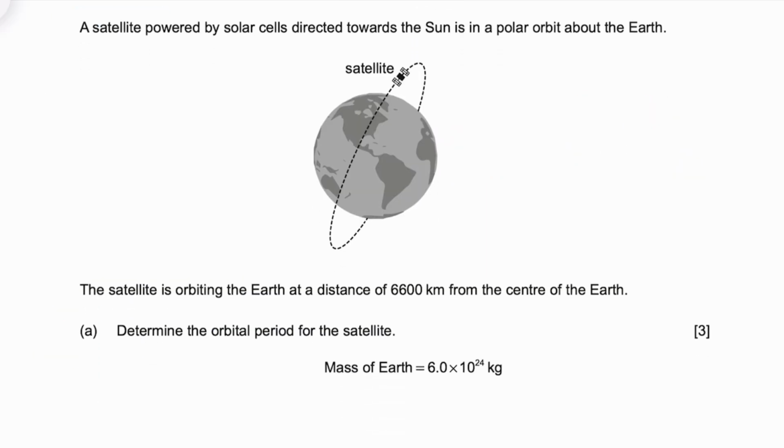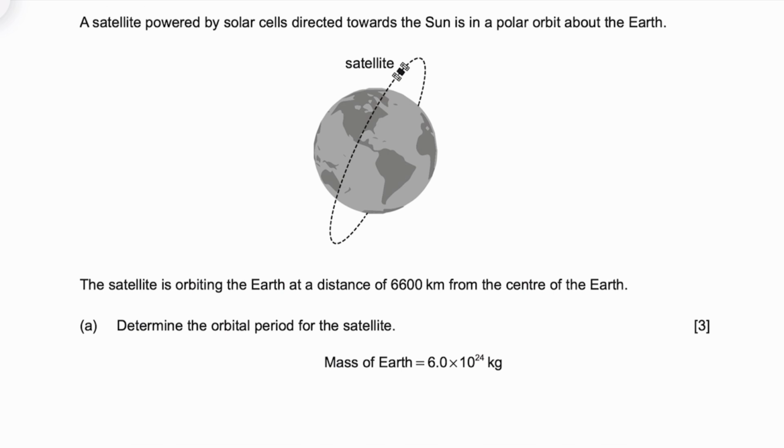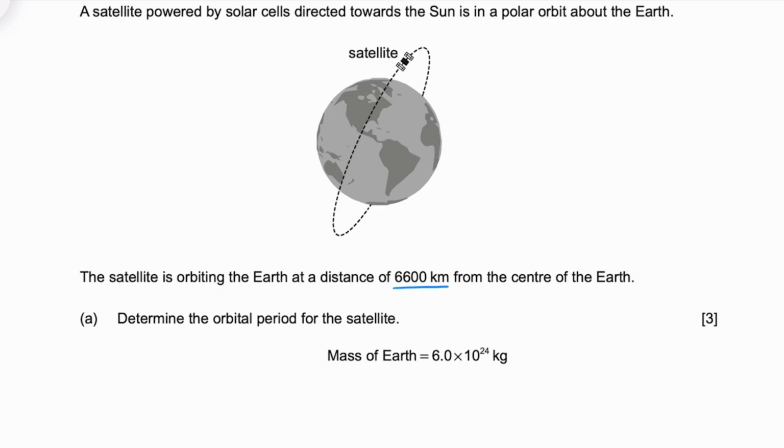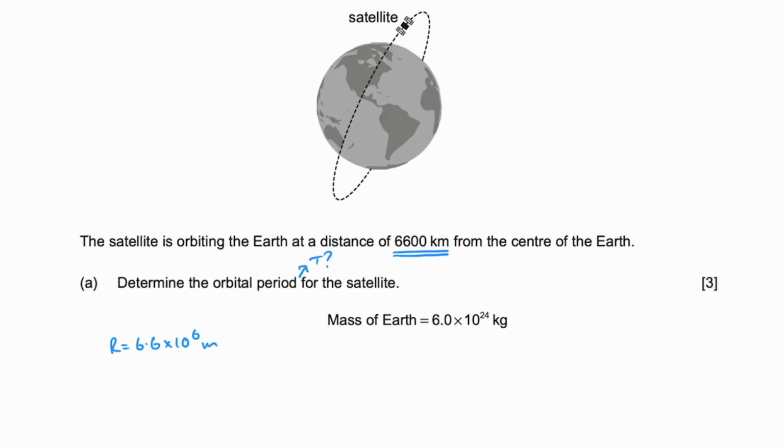Question 10. A satellite powered by solar cells is directed towards the Sun in a polar orbit around the Earth. The satellite is orbiting the Earth at a distance of 6,600 kilometres from the centre of the Earth. Determine the orbital period for the satellite, and we have the mass of the Earth as 6 times 10 to the 24. Let's write everything down. We've got r equals 6.6 times 10 to the 6 metres, and that, by the way, is me just converting from kilometres to metres. We've got the mass of the Earth as 6.0 times 10 to the 24 kilograms,